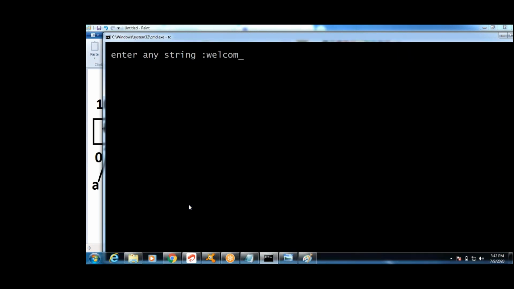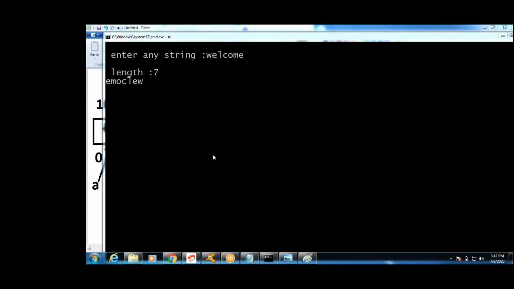See once, if I enter welcome, the output will be printed directly. But it won't give a feel. It is reading one character and printing it.